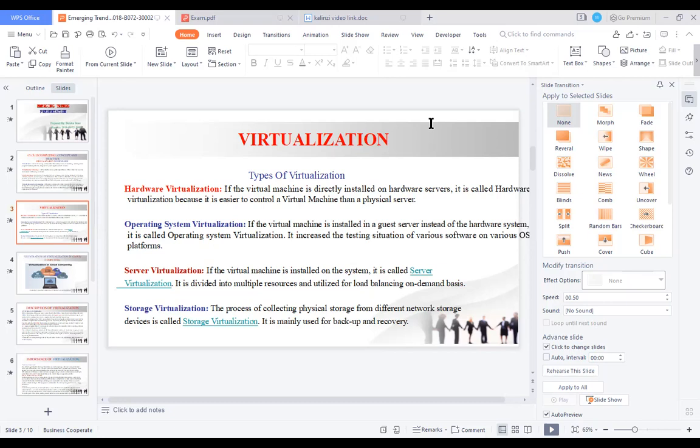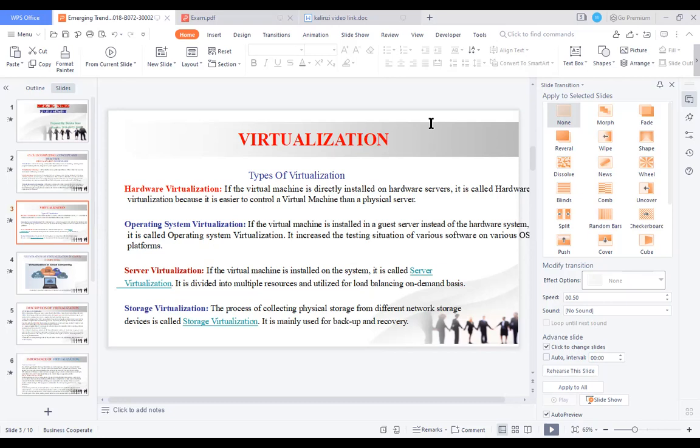So when you install an operating system, like Windows client and Windows server, on the computer, you are enabling the hardware server to run the virtual machine in the computer and perform many tasks.